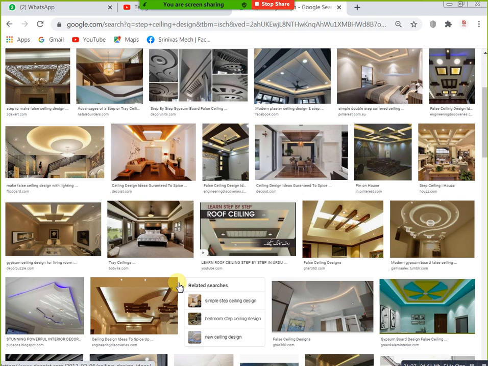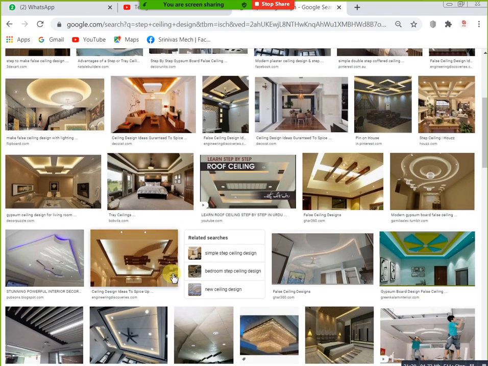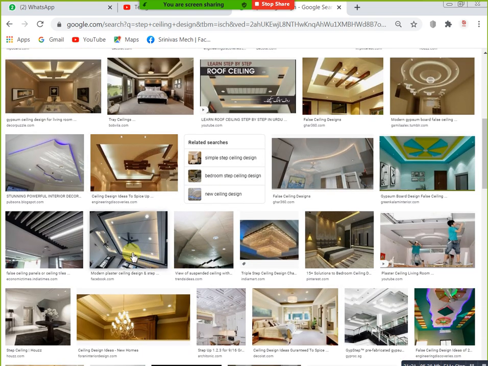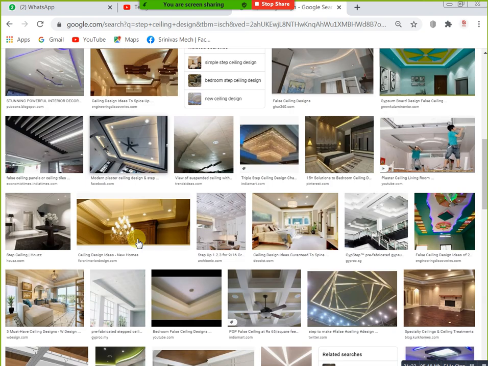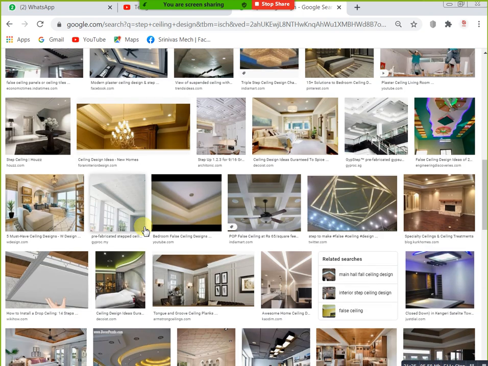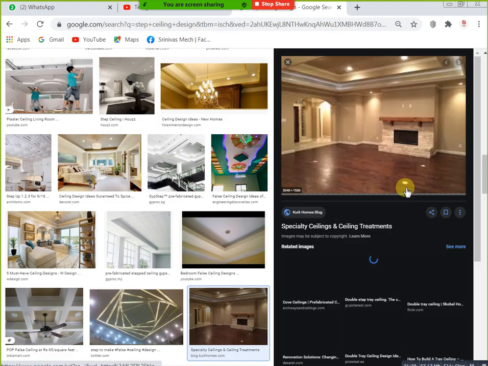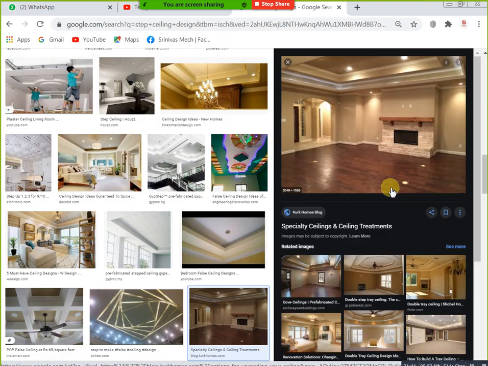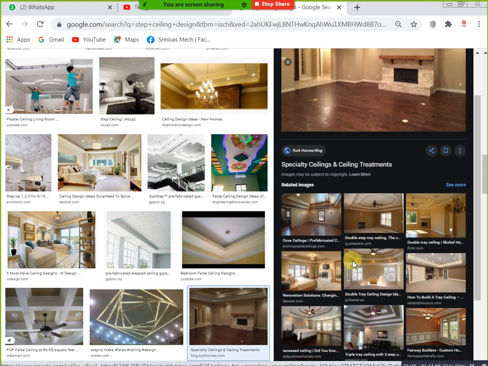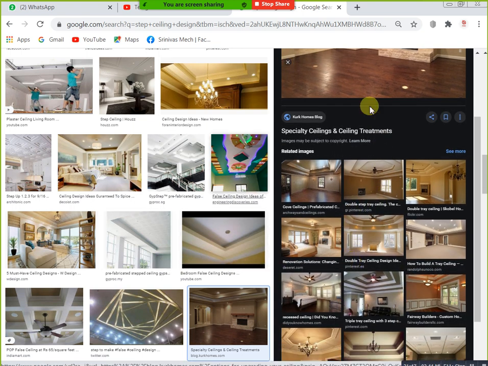This condition is also applicable normally. Mostly we use them only for steps, or otherwise, depending upon the requirement, you can use linear slot diffusers. In ceilings also we can apply linear slot diffusers. Linear slot diffuser means directly rectangular type diffusers. We have square type diffusers and rectangular type diffusers.